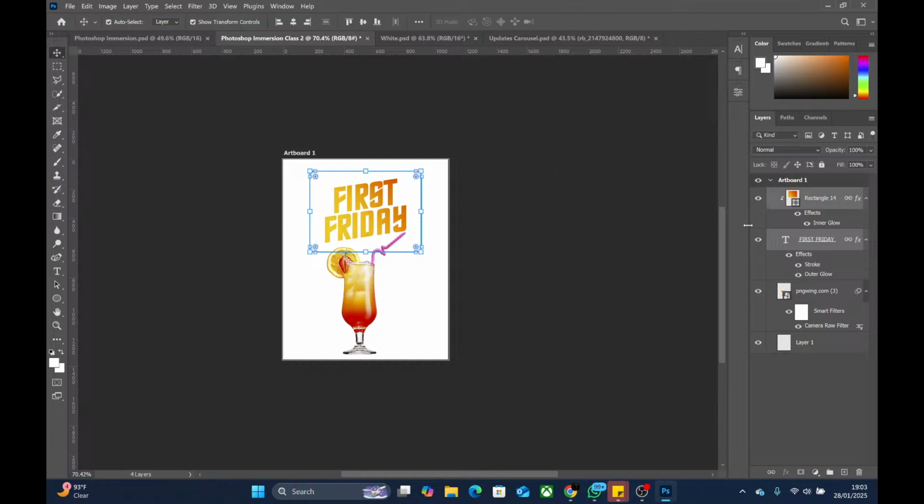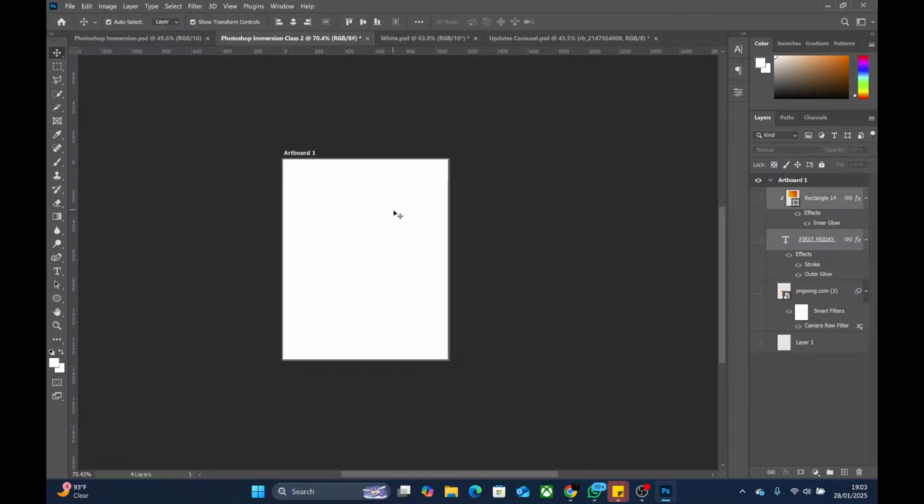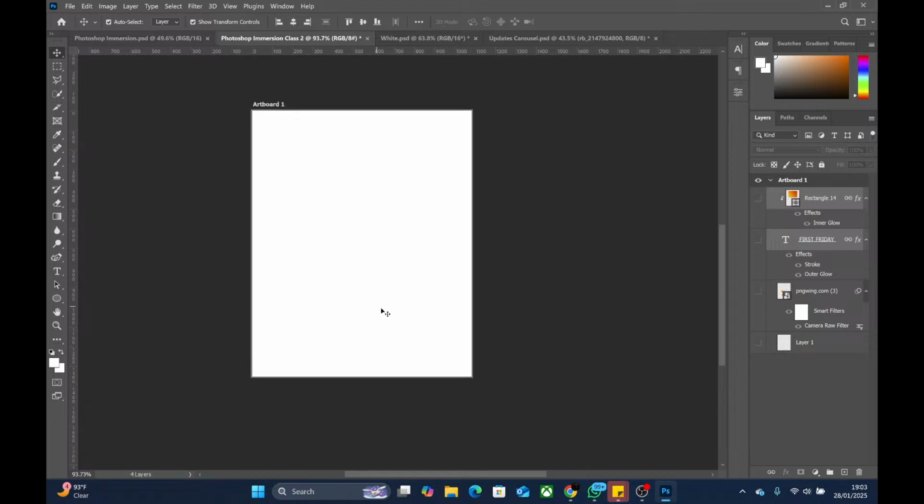Now let's move on. And I told you the function of these eyes. So click on this to hide. You can hide stuff on your layers panel. Thank you all for staying back. Let's go on with this.